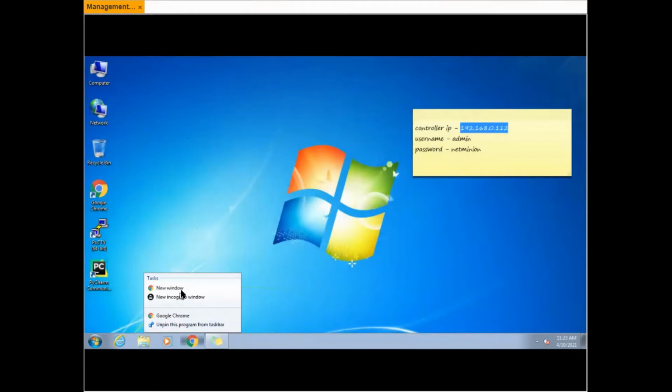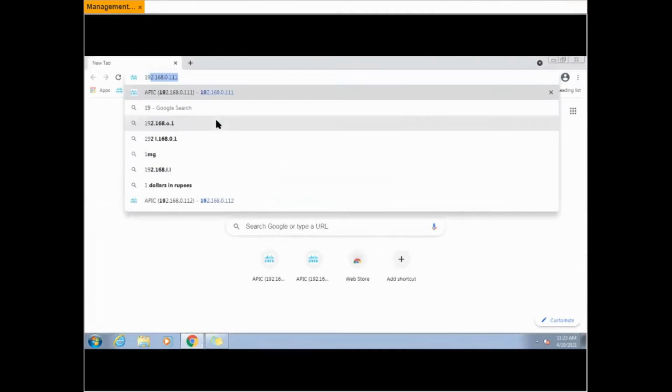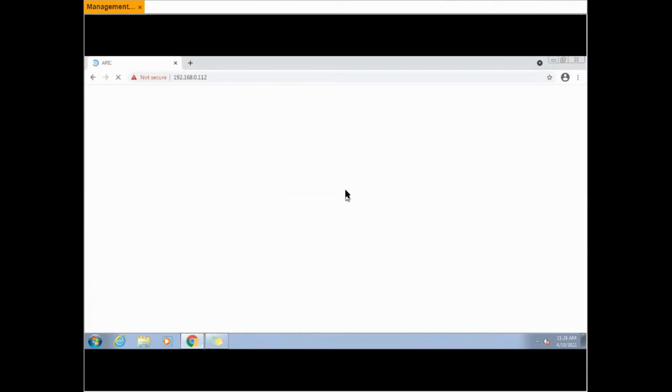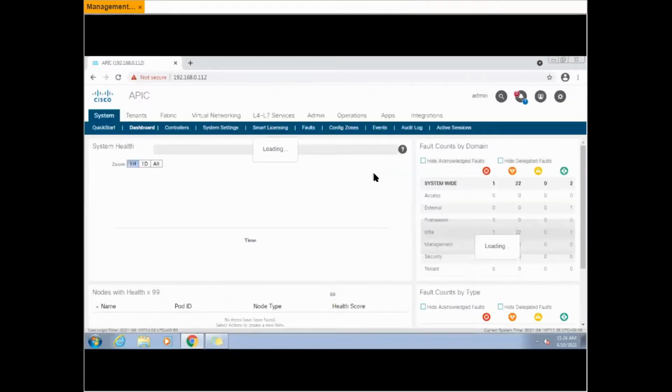Just open it from your Chrome, because this management PC has LAN access to the APIC. I am putting the IP over here, 192.168.0.112, and it has the username and password of admin and NetMinion, which you can change as per your choice. Maybe I am already in.